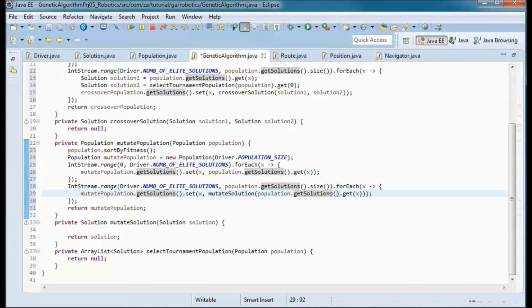And we set the returned solution in this mutate population that we end up returning.